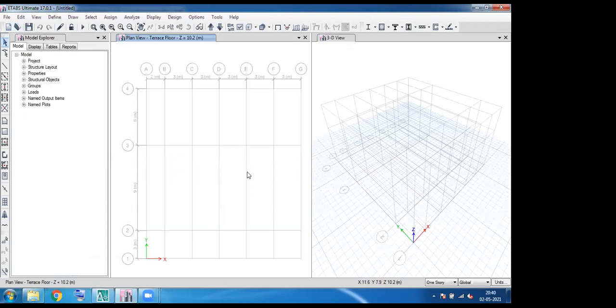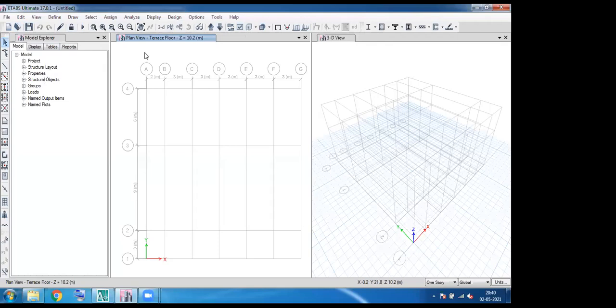So this is our working window. It appears totally 3 windows. You can see there are 3 windows. The first one is Model Explorer. Here we can see the shortcut of a project, the structural layout, and the load. You can use this option or otherwise the pull down menu at the top. In our session, we always use the shortcut icons, the quick access icons, because there are so many of them right here. We always avoid this Model Explorer in order to use these icons.